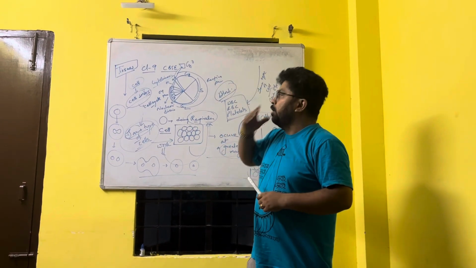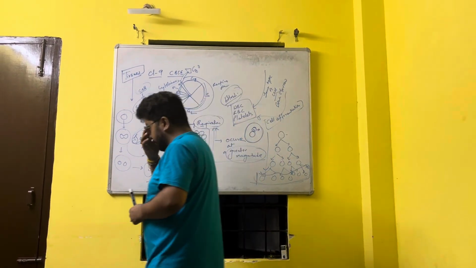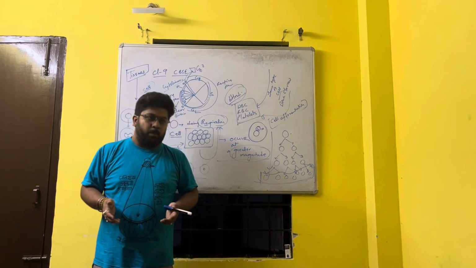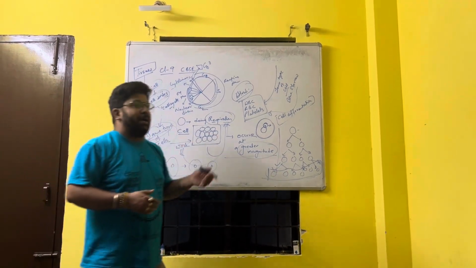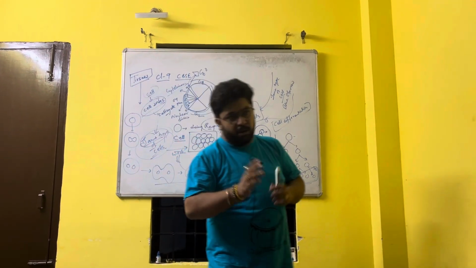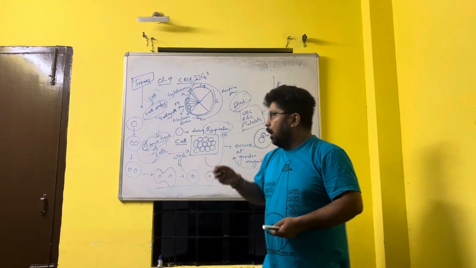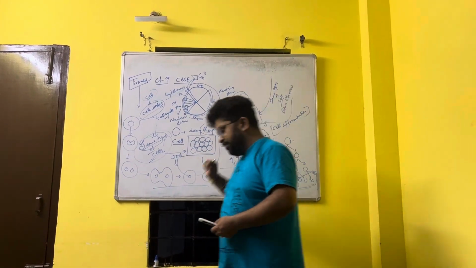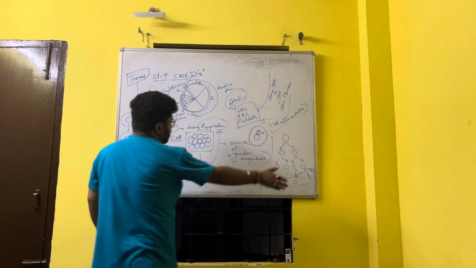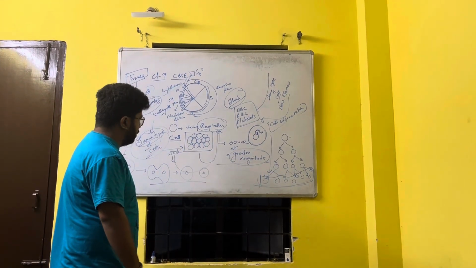Why and all of this, if you go into the chapter of cell division, which is not in the scope of CBSE, but is in the scope of ICSE. However, I will teach you when I get time. But if the centriole is not present, then the cell has lost its capacity of division.